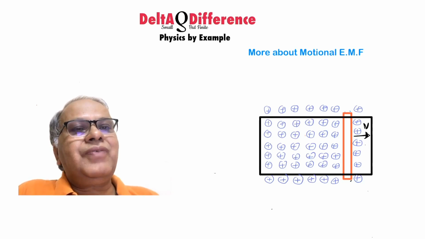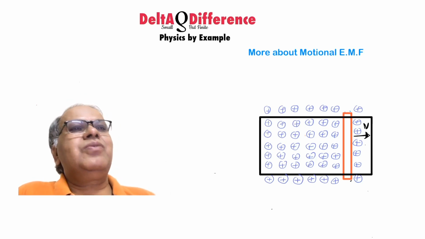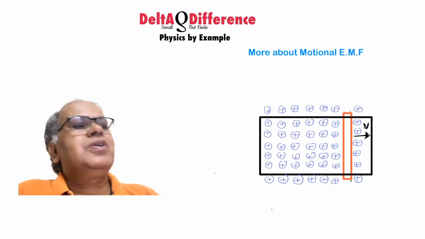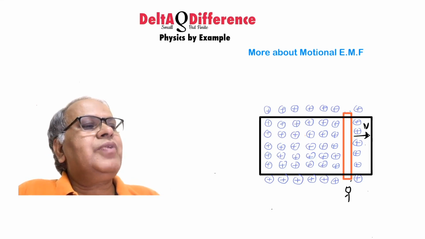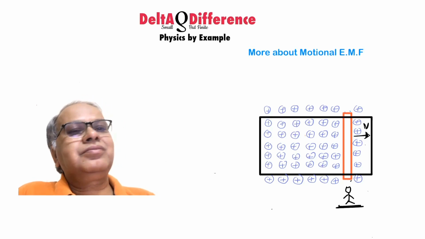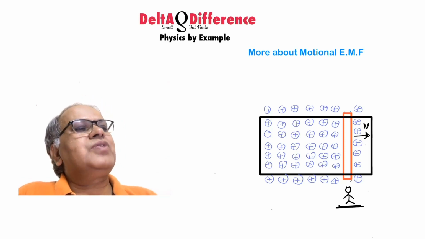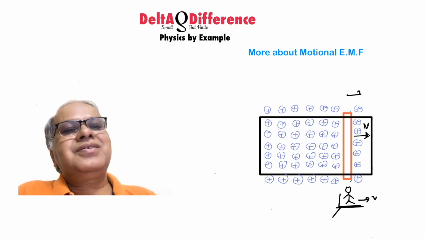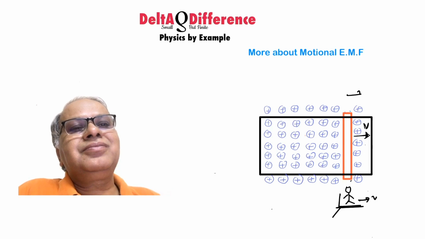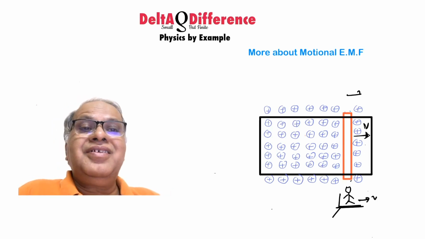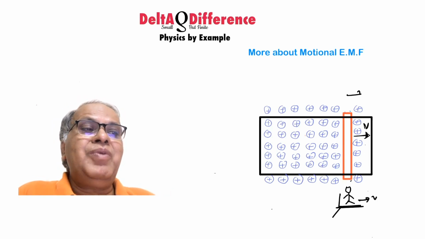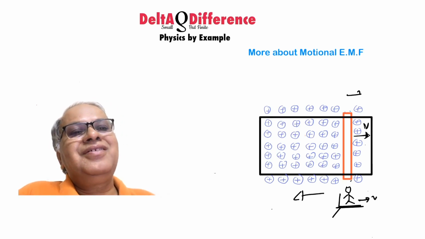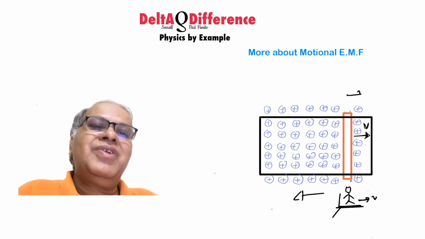But in the first instance itself, we could have offered this explanation. The only thing is, now change the reference frame again. What you do is, you think of moving along with the rod's reference frame. Like if the rod is going with V, you stand in a reference frame which is also going with V. Then in that case, isn't the rod going to be at rest? But now the magnetic field will be moving back with the speed V, the total magnetic field. So it becomes a time varying magnetic field.